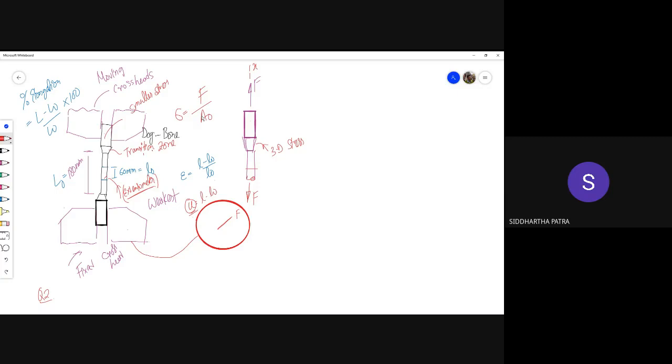So again, I would ask, what is the unit of stress? Then some of you would be mentally using the units of force and the unit of area, and answering it is Newton per meter square. But there is no such unit called Newton per meter square. Newton per meter square is an expression for the unit, and that unit has a name, and that name is Pascal. So when I ask you for the third time, I would be getting the answer Pascal.